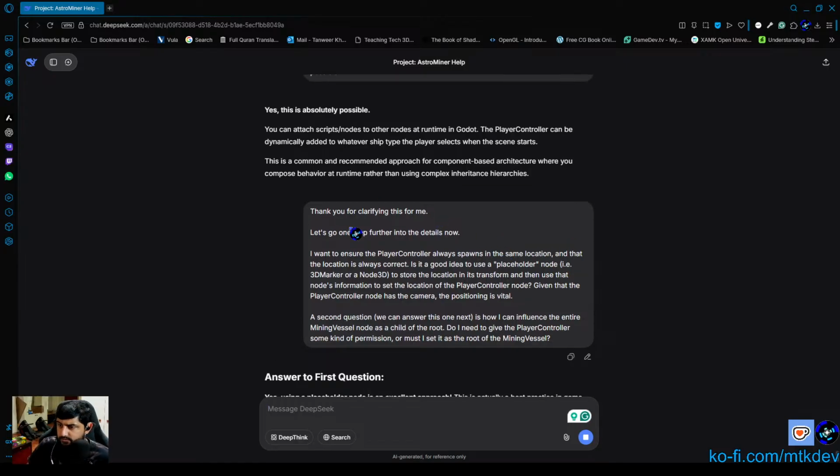Thank you for clarifying this for me. Let's go one step further into the details now. I want to ensure the player controller always spawns in the same location and that the location is always correct. Is it a good idea to use a placeholder node, i.e. a 3D marker or a Node3D, to store the location in its transform and then use that node's information to set the location of the player controller node, given that the player controller node has the camera and its positioning is vital? A second question, we can answer this one next, is how I can influence the entire mining